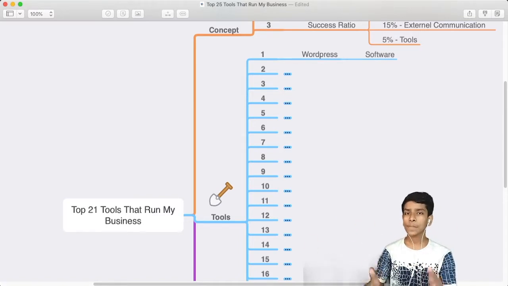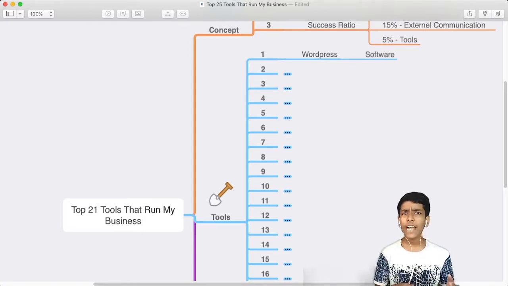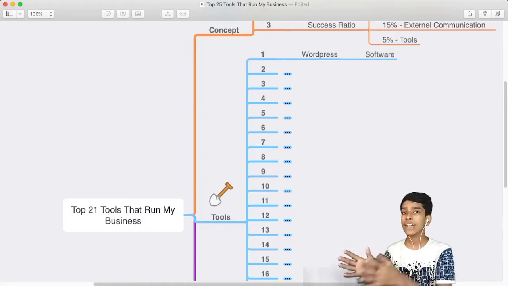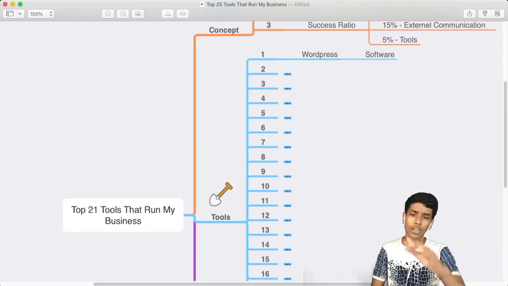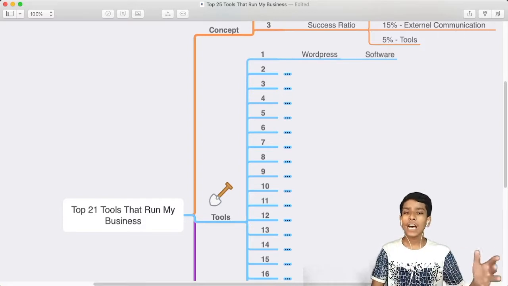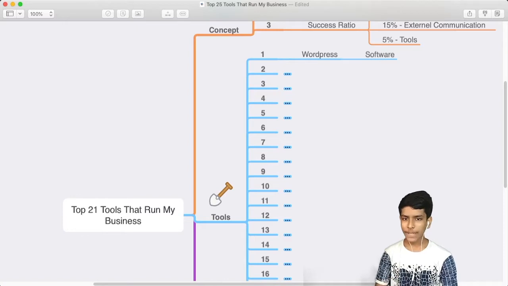Shopify and others are e-commerce platforms, but WordPress also makes a very good e-commerce site. In this business, WordPress is the most required thing, okay. So the first tool is WordPress. Look, 98 to 99% of the tools I'm sharing are linked with WordPress, okay.